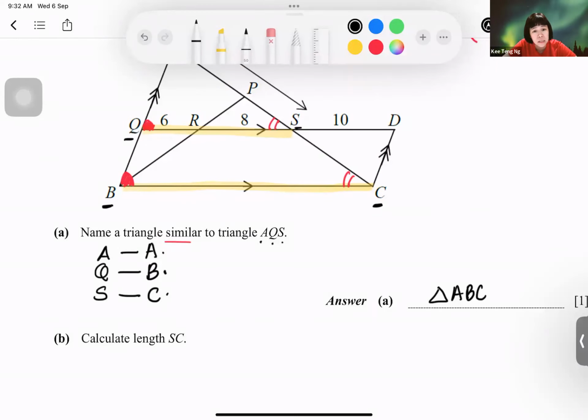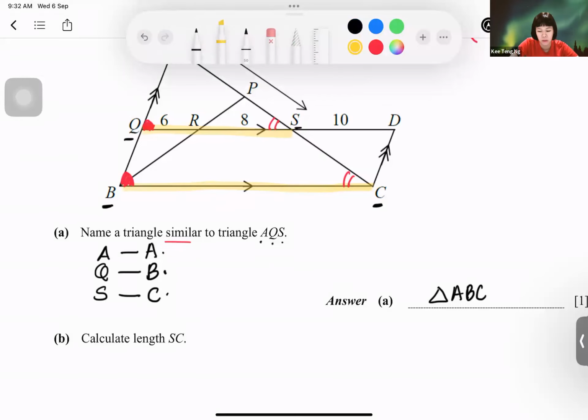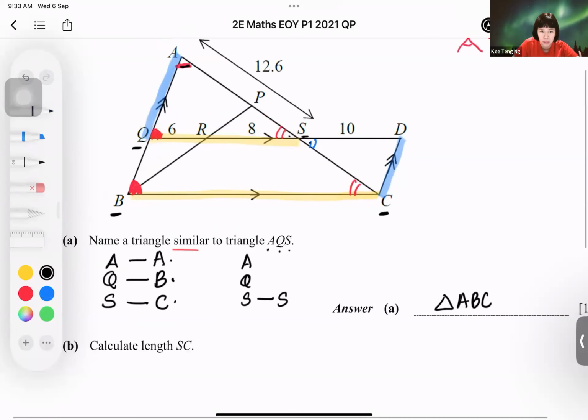Anyone got this answer? Anyone got a different answer? There's another different answer. Anyone got a different answer? No, nobody got a different answer. Wow, all the same. Let me show you, there's actually another different answer. Why? Because I have one more pair of parallel lines here. Firstly, we can have vertically opposite angles. If that's the case, let me write down AQS. Angle S corresponds to angle S, vertically opposite angle. Secondly,